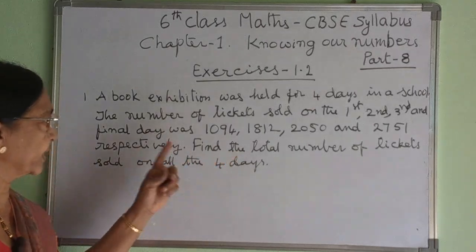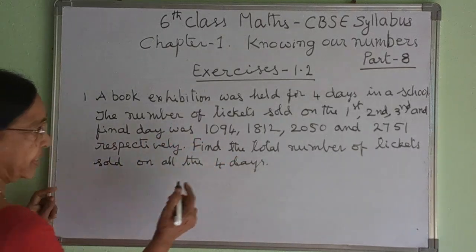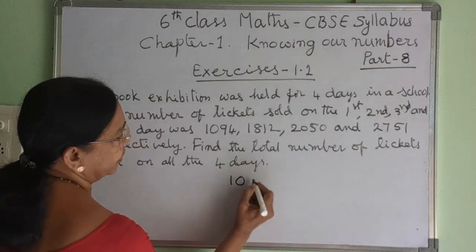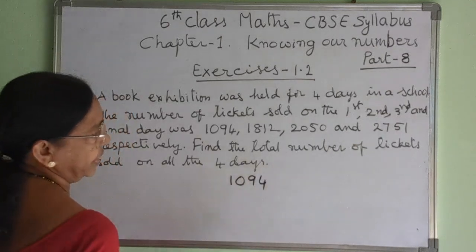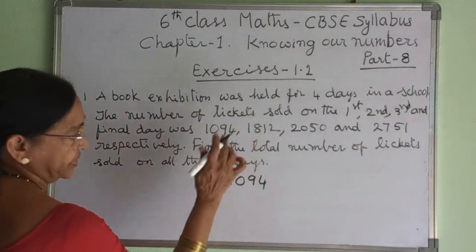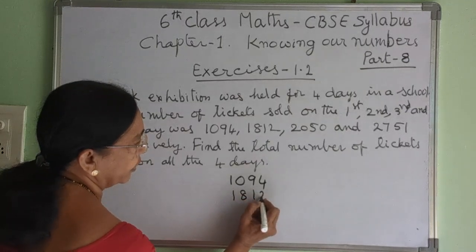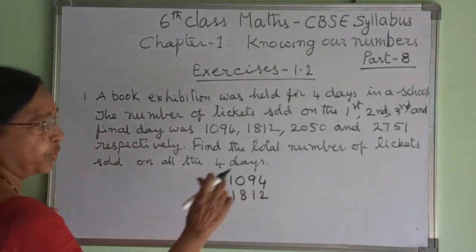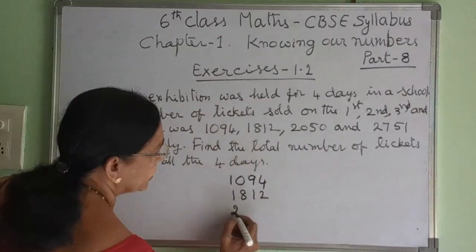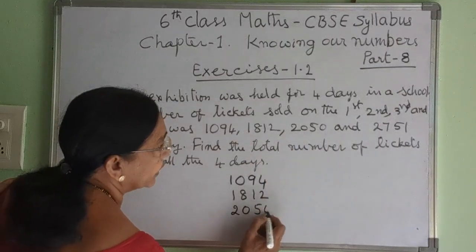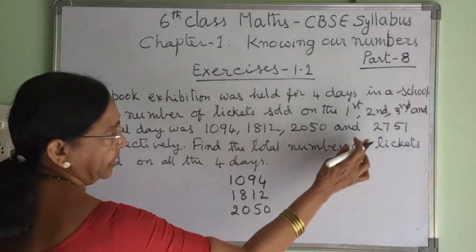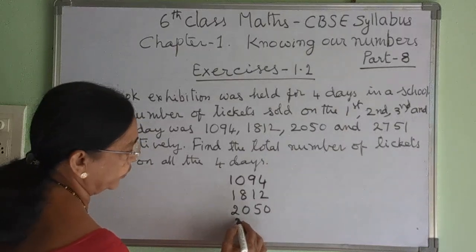So the number of tickets sold on first day was 1094. The number of tickets sold on second day is 1812. The number of tickets sold on third day is 2050. The number of tickets sold on last day, that is fourth day,